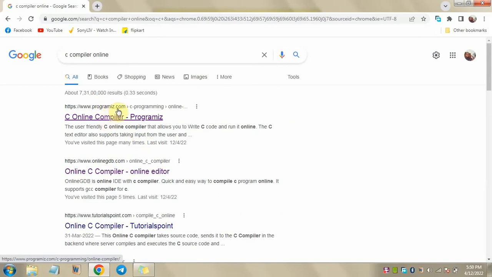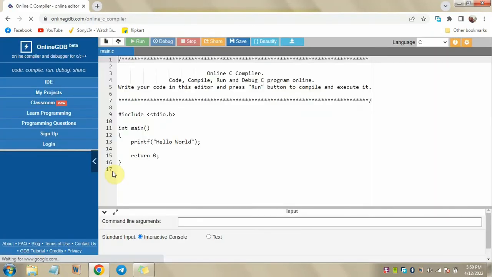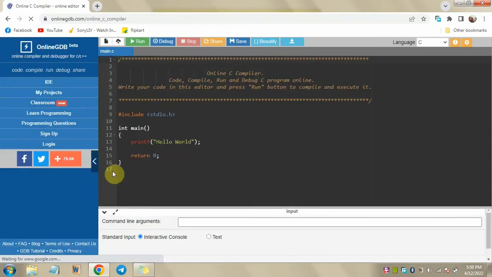No, because programmist.com, in this website I have seen irregularities, means at times it doesn't work. So I'll go for this onlinegdb.com. Let's open it, and it's an IDE, so you'll get help while coding also. IDE means Integrated Development Environment, in which if you start typing some code, then it will give you a hint if you want to write that one or not.